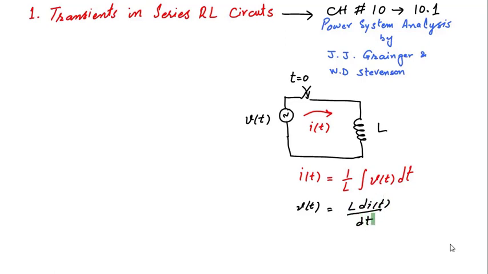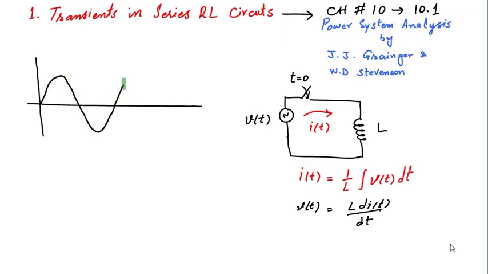Now if the voltage applied across this inductor has a sinusoidal waveform, as you can see here, this is vertical axis, voltage axis, and here we have a sinusoidal waveform which is starting from 0 and rising to maximum positive peak, then come back to 0 and negative peak, and then in this way we complete the cycle. So this axis is the voltage, horizontal axis is the time.